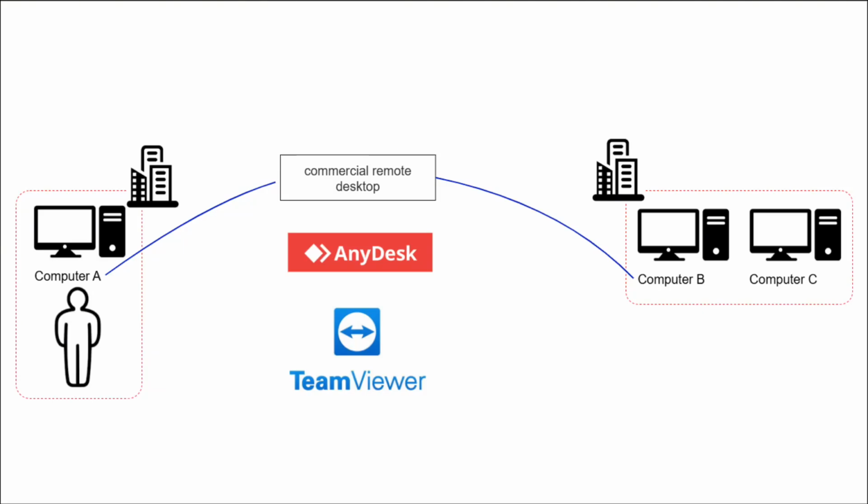And the thing is, now you are working in company A and you have computer A. You want to access computer B, which is in another company. So the most common way you are gonna use is a commercial remote desktop like AnyDesk and TeamViewer to access computer B remotely. Or even more, you want to access computer C, which shares the same network with computer